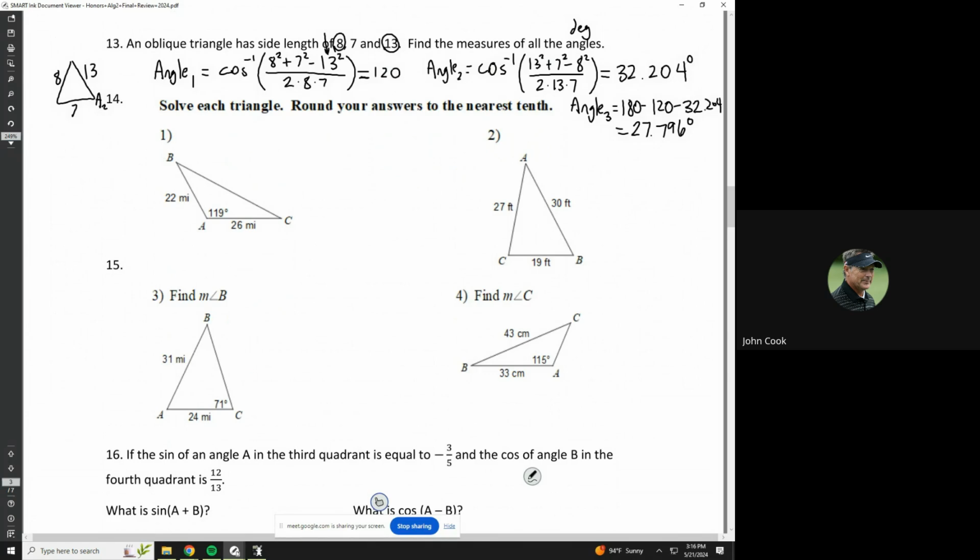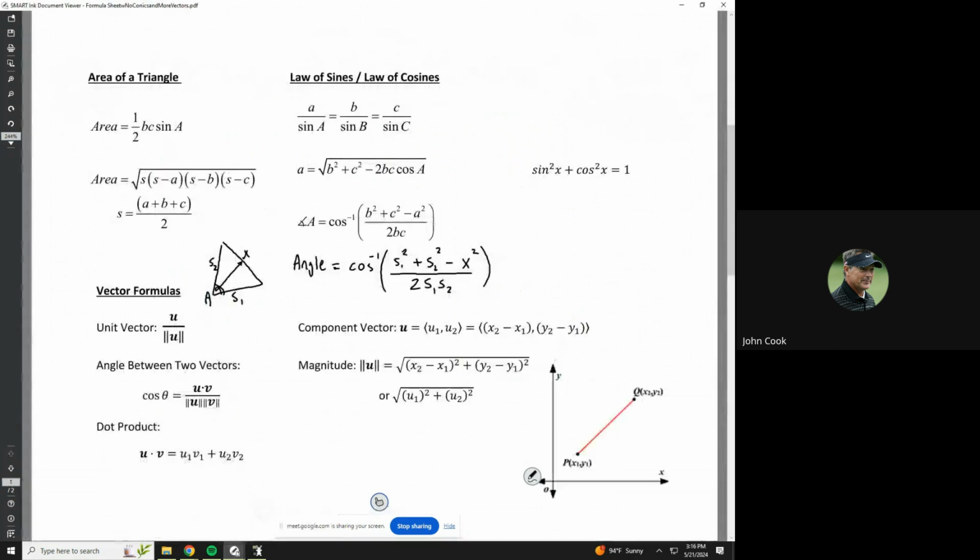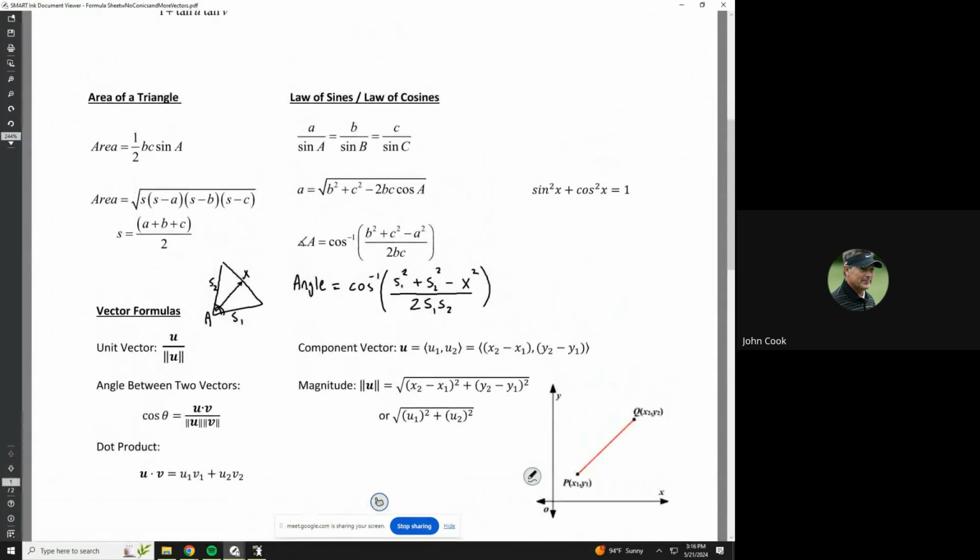So with number 15, part 1, I notice that I've got an angle and then 2 sides that are around it. So I would know that I have to use law of cosines, and here's why. It's because I only have one angle measurement, and I can't get the side that's across from it. I don't know what it is. So if that's the case, then you can't use the law of sines, because, let me bring it up on the formula sheet, you always need